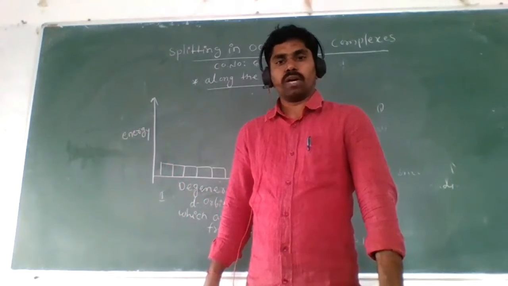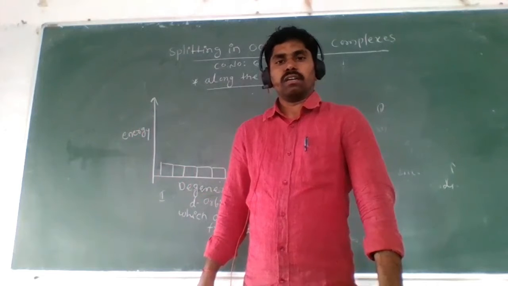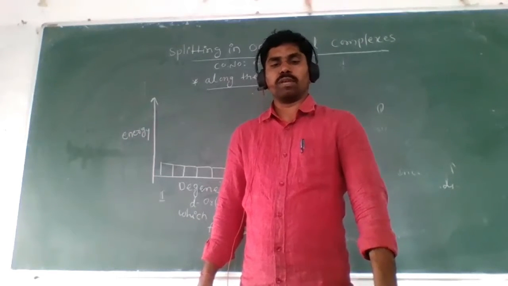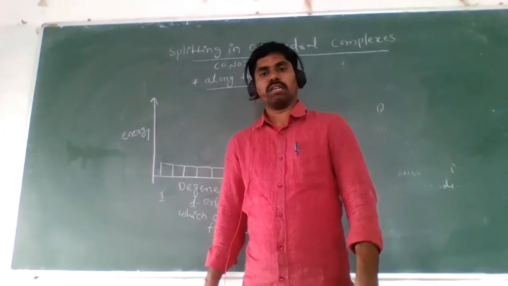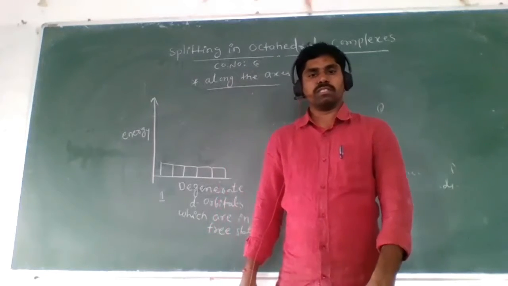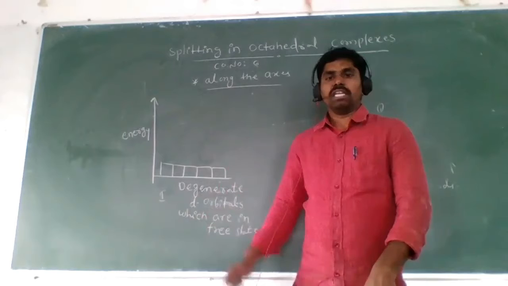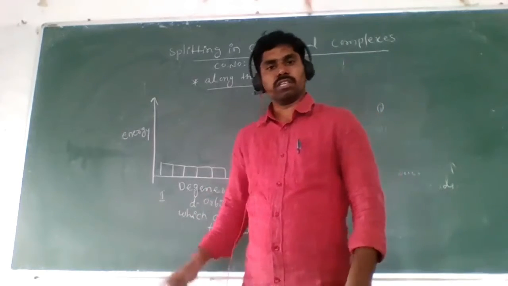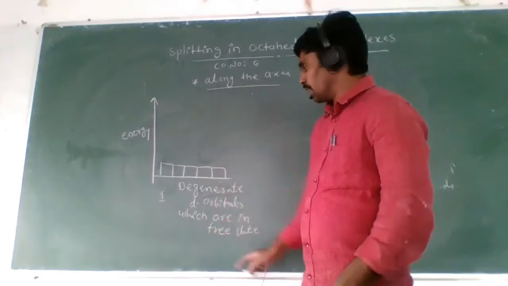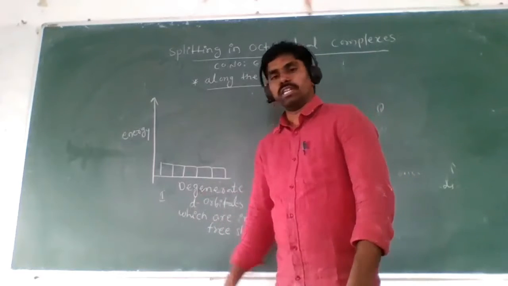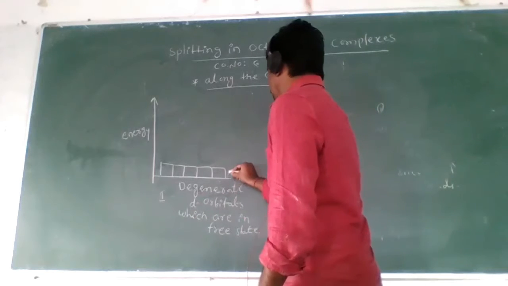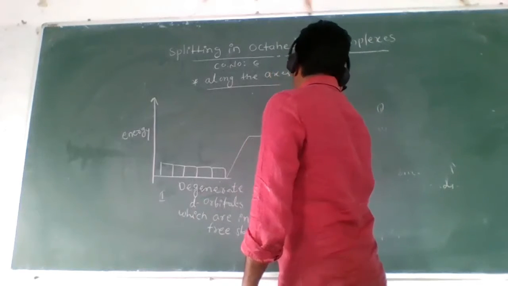dxy, dyz, dxz. Is that clear? And dx square minus y square, dz square. All these orbitals have equal energies. That's why we call them degenerate orbitals. These 5 degenerate orbitals are in the ground state. Is that clear? These 5 degenerate orbitals are in free state. Clear? When the ligands approach the central metal atom,